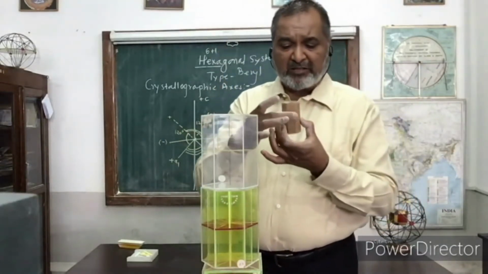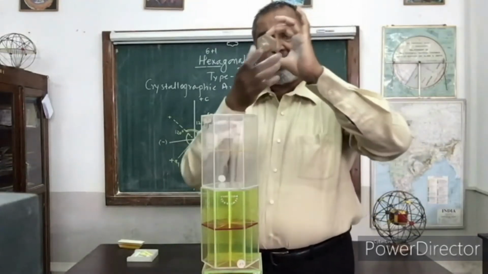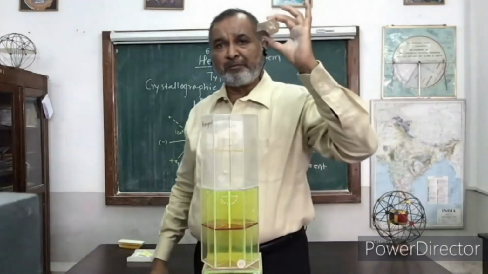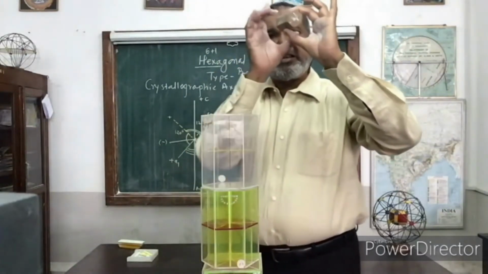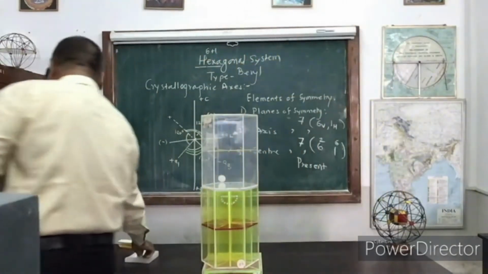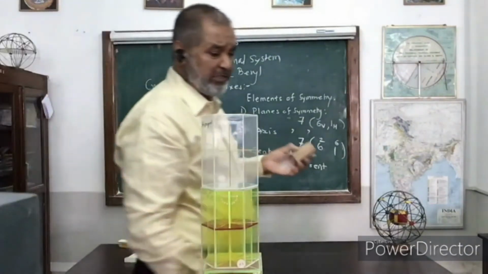Now remaining are the 6 vertical edges. Hold these edges in the center. Now hold it and make it vertical. This particular face comes twice, 1 and 2. So one of two-fold. So there are the 3 lines. Second line and third line. So these are 3 of two-fold. So total we got 6 of two-fold and 1 of six-fold.